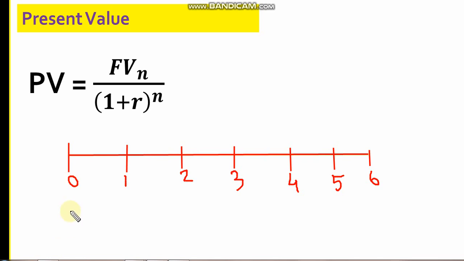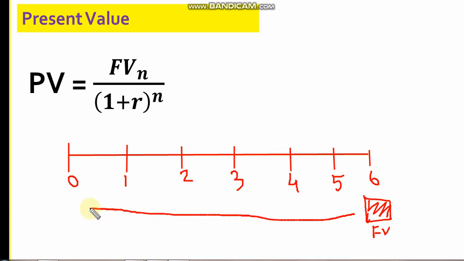At a certain compounding rate we are trying to calculate how much that value will become sometime in future. But in case of present value calculation, our future value will be given, so some value in future will be given, so we call it future value. And we need to calculate what will be the worth of that value after 6 years, what will be the worth of that value today. That means we need to calculate this amount, what is the worth of that future value now or at time 0. So this is my present value.